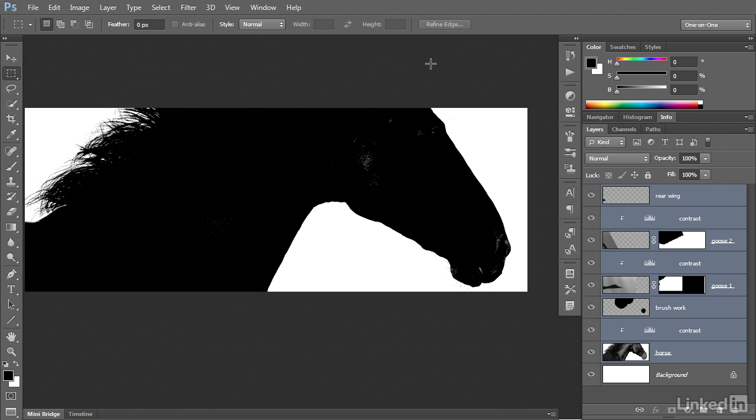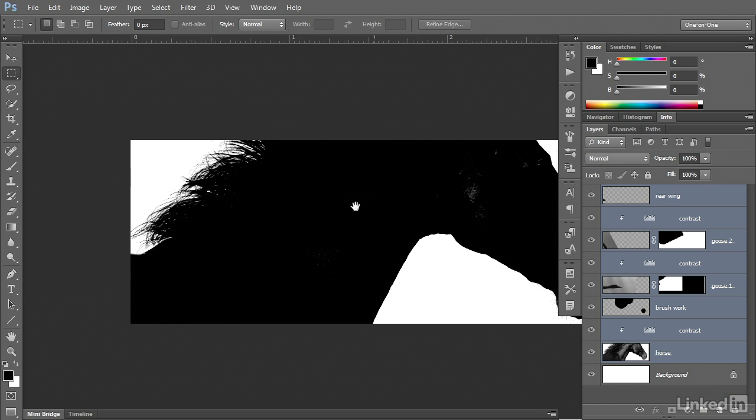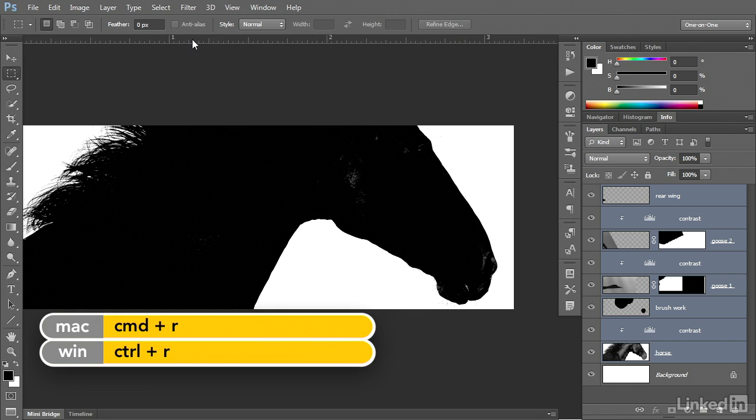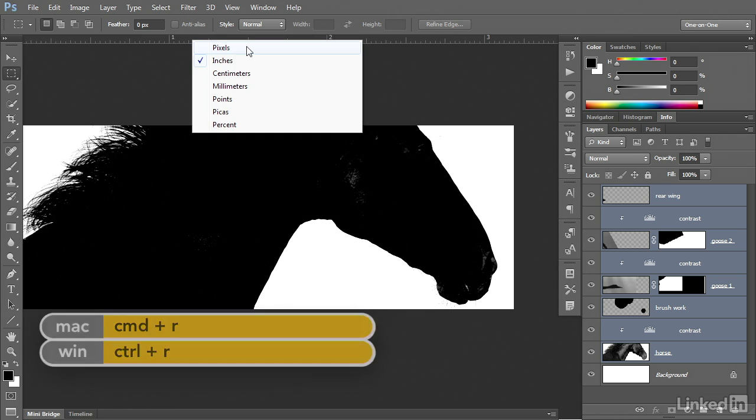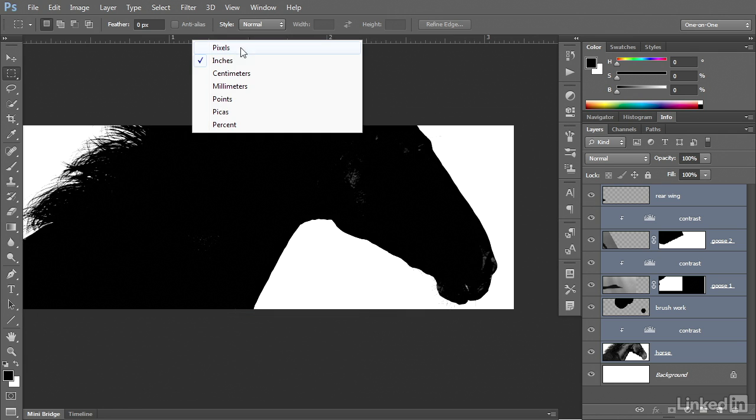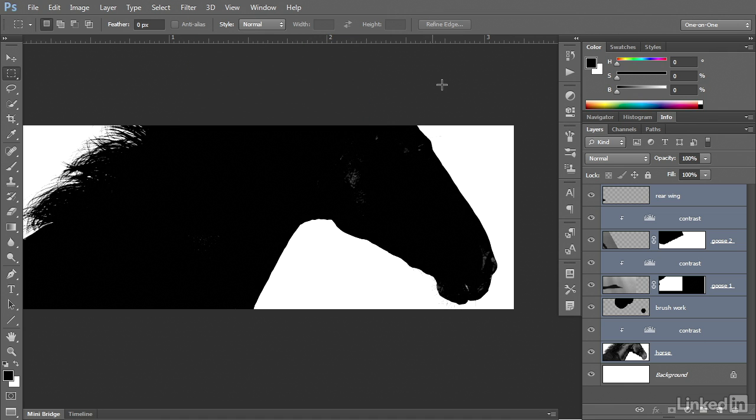And there's a couple of different ways to switch over to pixels. One is to go back to the Preferences dialog box. Another is just to bring up the rulers by pressing Command or Control-R, and then right-click on a ruler and choose the desired unit of measure. And notice you can switch back and forth as much as you like here. Or, just so you know everything that's available to you,